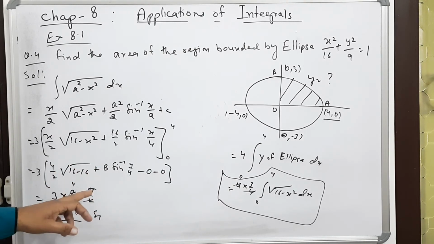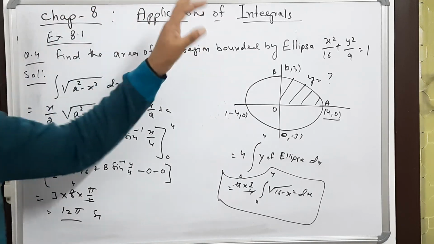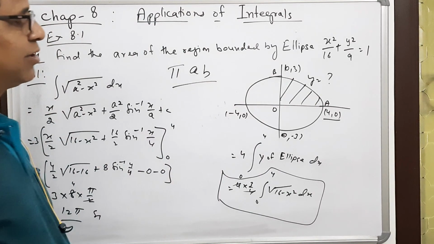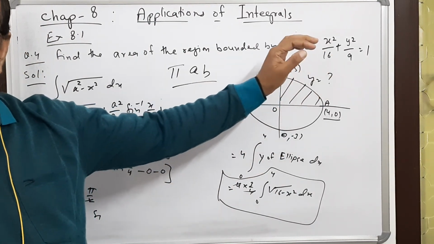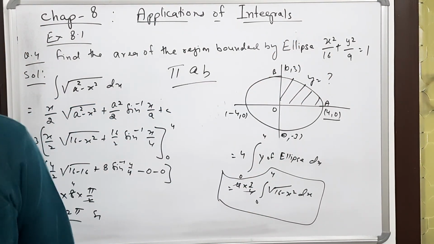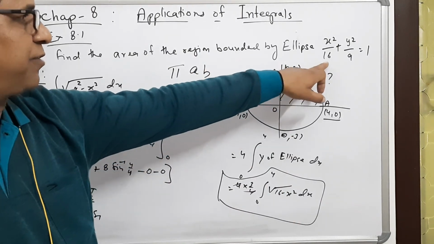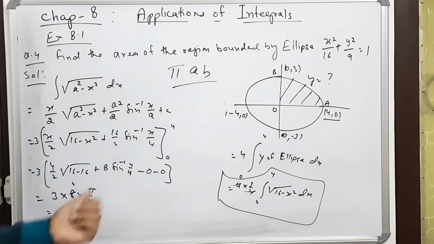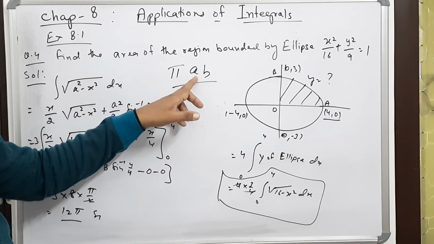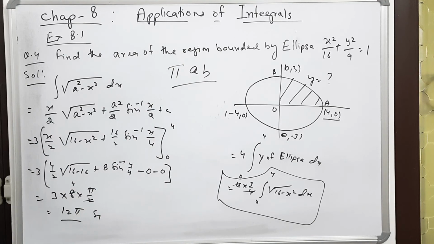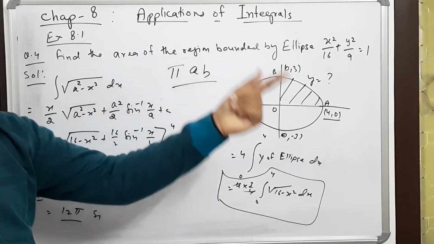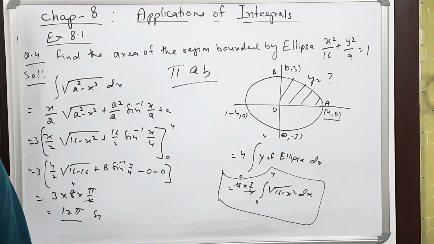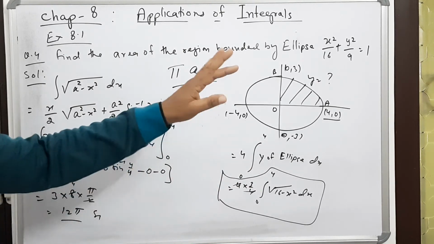Here, dear students, I want to tell you that the area of the ellipse formula is pi AB. So if the ellipse is given in advance, you can find the area, that is pi AB. The value of A is 4 and the value of B is 3. So answer is pi AB, that is pi into 4 into 3, so 12 pi. So if any ellipse is given, we can find the area in advance, and then you have to get the answer with the help of calculations. Yes, I hope it is clear.